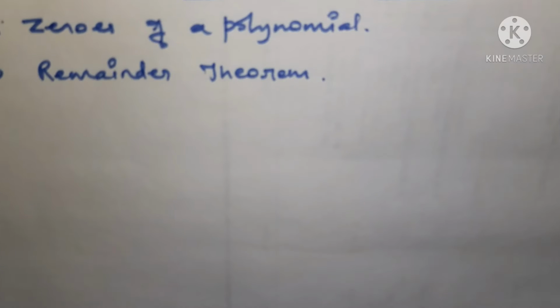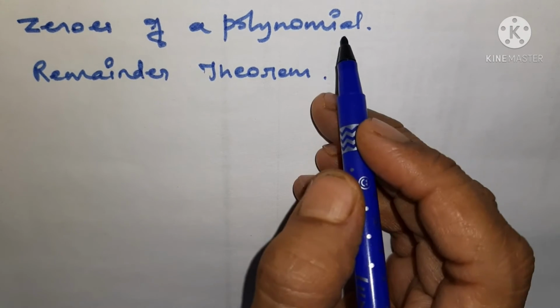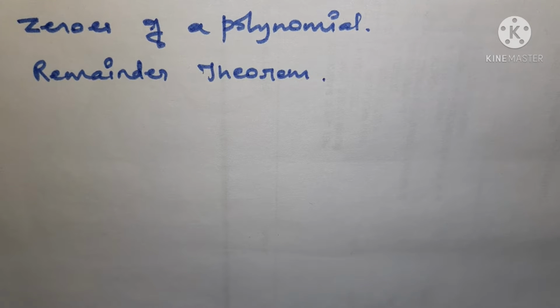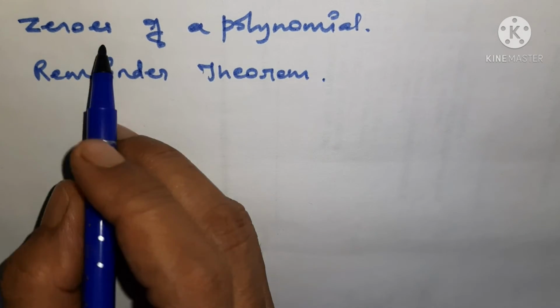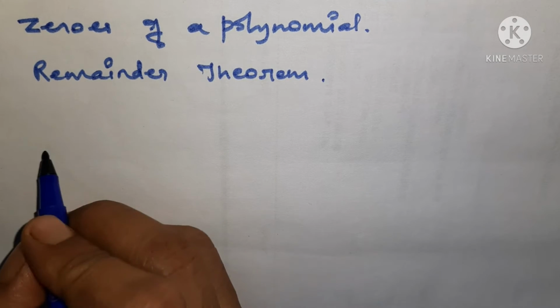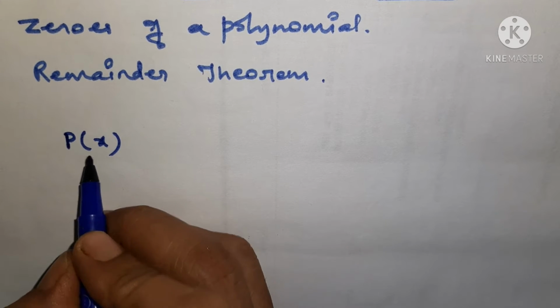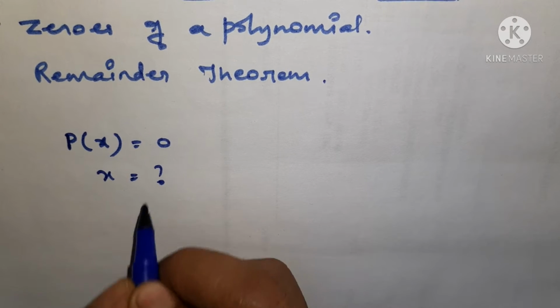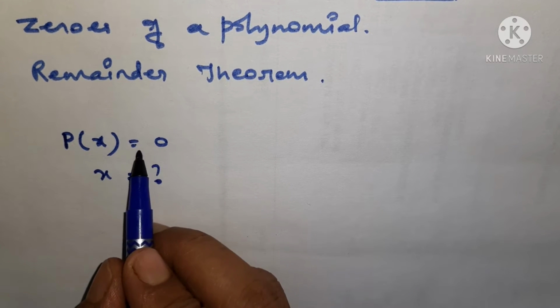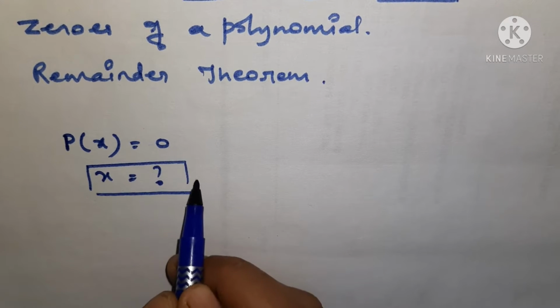In the previous session, we have gone through the studies of zeros of a polynomial. We have already discussed polynomials, the definition of polynomials, what polynomials are, and what the zero of a polynomial is. To find the zeros of a polynomial, if p(x) is one of the polynomials, we equalize it to 0, and whatever value we get for x after solving it becomes the zero of the polynomial.